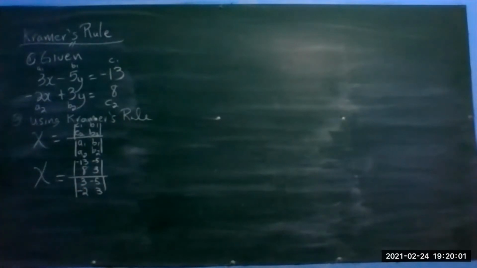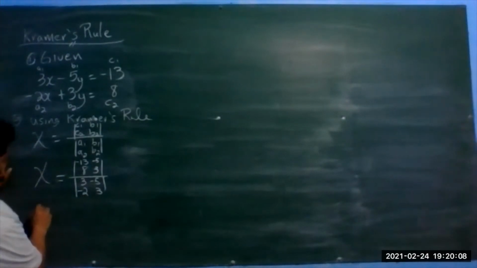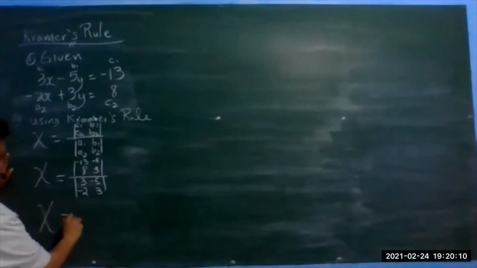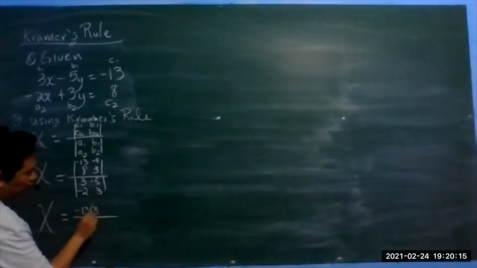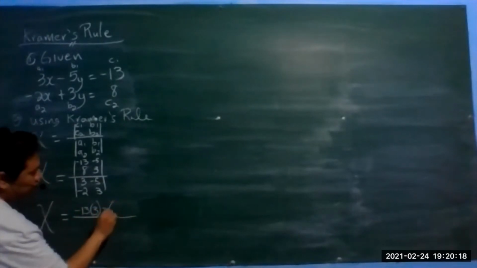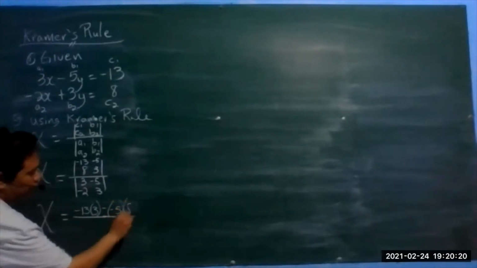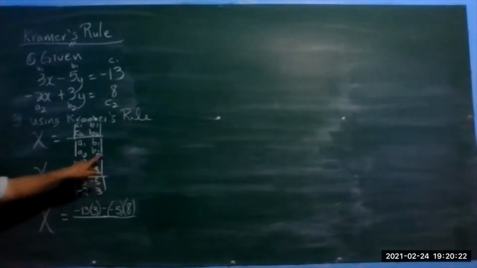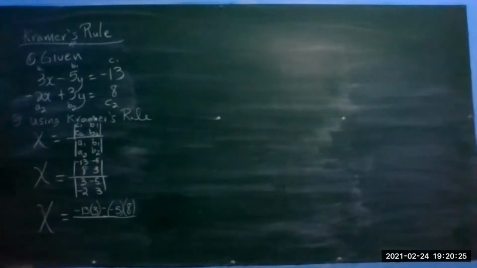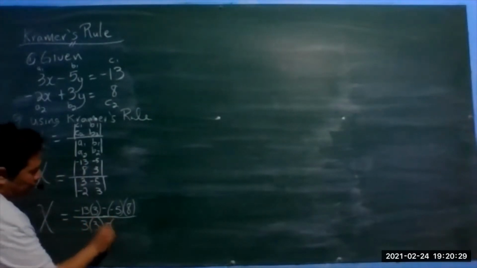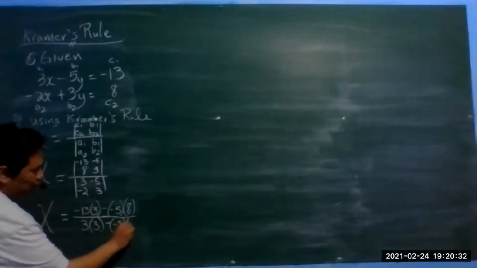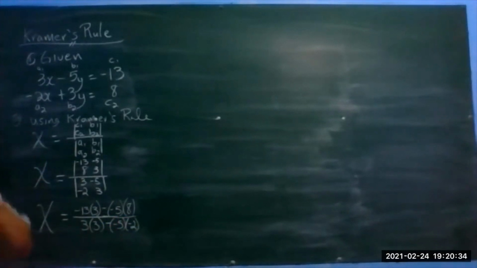Alright? So once I have found what the values are, I can work it out now. And I work it out by multiplication. So negative 13 times the 3 minus negative 5 times the 8, so that's AD minus BC, and the same thing underneath, 3 times 3 minus negative 5 times negative 2. So I'll continue